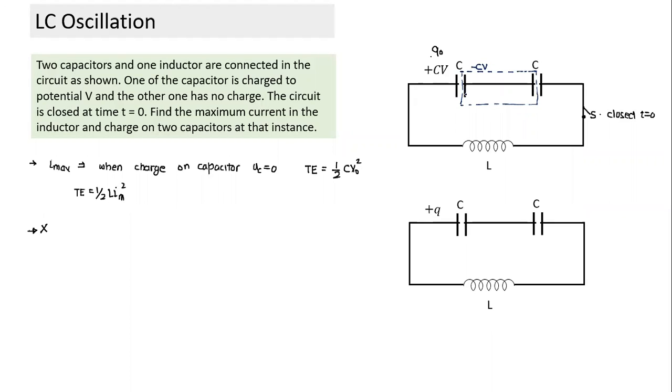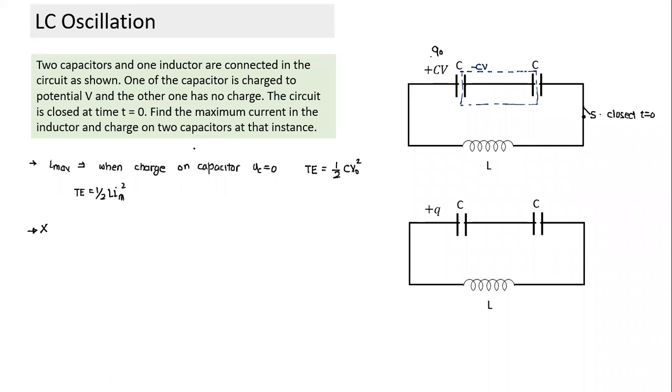Can this and this both simultaneously become 0? No, that defies conservation of charge. So this is an isolated system, and the sum of the charge on both the capacitors cannot become 0 simultaneously. The other logic they were saying, that whatever is the reduction in charge is the addition elsewhere, so both have to balance out, is also indirectly conservation of charge. So the charge cannot become 0.